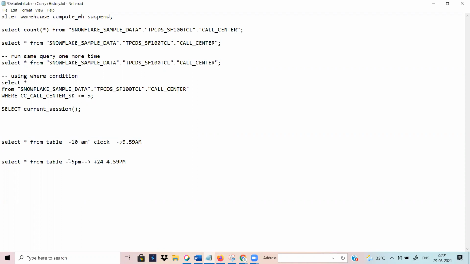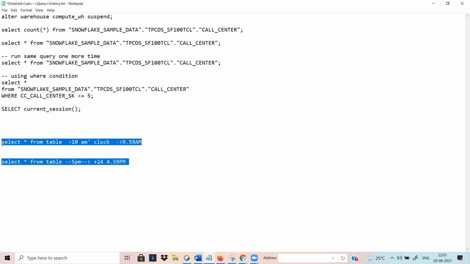Suppose after 5 or 7 hours, any time, you run the result cache again, it is extending the time by another 24 hours. So, got this point?